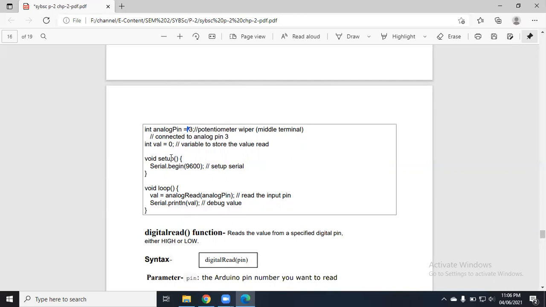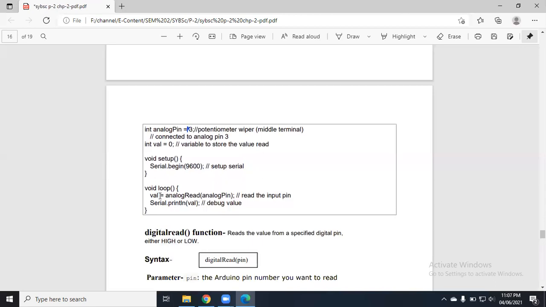Next up, how is this communication going to happen? With the help of serial communication, correct? And to establish a serial communication, we have to write void setup, Serial.begin, and we have to specify the baud rate. We have discussed this serial thing in the last lecture only. Once we are done with void setup and Serial.begin, we have to actually write the program. What is that? Void loop. In void loop, you write your main program.